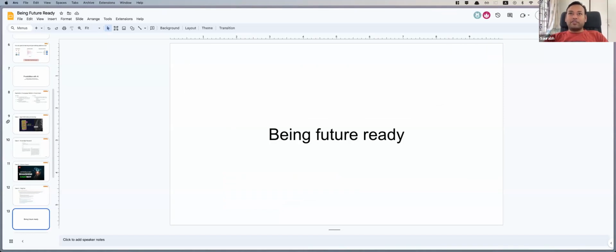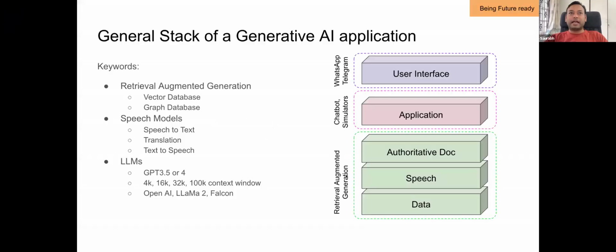Okay, so last part, which is being future ready. I think being future ready, the idea really is that most of the generative AI application stack almost looks like this, right? So at the bottom level, you have data. Without data, what you are really relying on is GPT's understanding. Why these systems work very well, why they are very accurate in their response, is because we are making